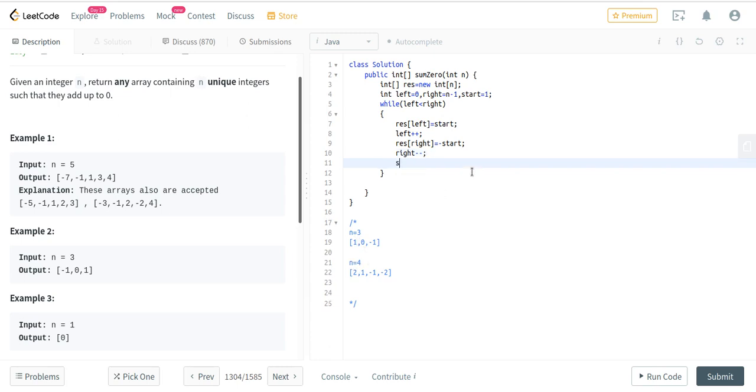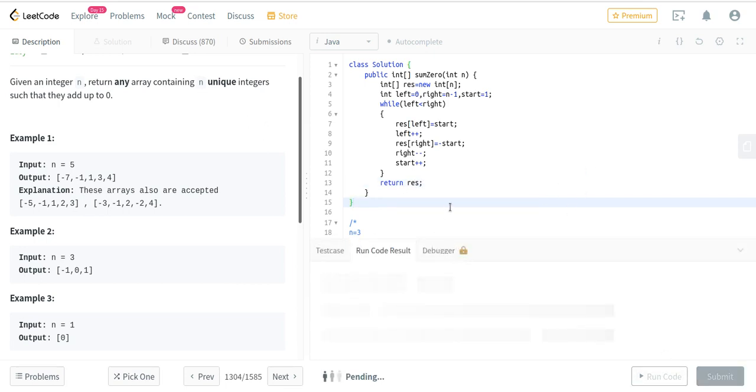And now I'll increment the value of start. This start provides the number entered in the array. Okay, so now I'll return the output array.